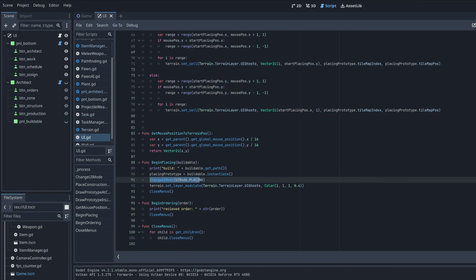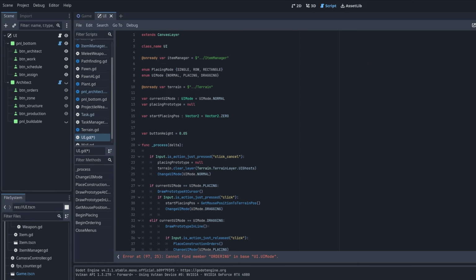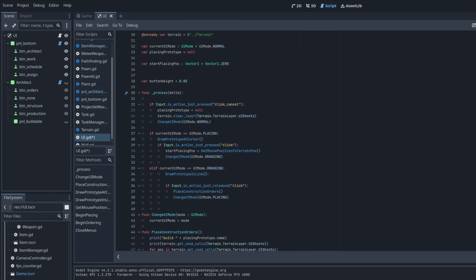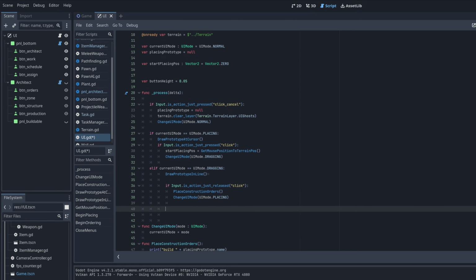All right, let's change the UI mode. And the UI mode, instead of calling it placing, let's call it ordering. I don't think we've created that one yet. Ordering. And just like we've got placing, which is placing a single one, and then dragging, let's have ordering and order dragging. Now here is where it says what to do if we're placing, and if we're dragging. So we're going to have a new one, current UI mode equals UI mode dot